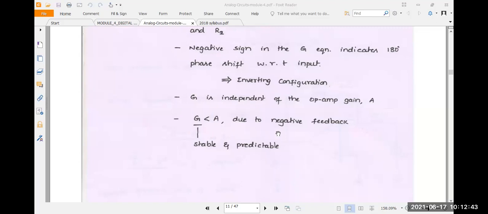That is the one good point in the gain equation. What is the equation here? Minus R2 by R1, right, for the inverting amplifier. So that gives the negative feedback, meaning R2 acts as a negative feedback. I think people have studied in feedback amplifiers that there are two types of feedback here: positive feedback and negative feedback. The positive feedback is for the oscillator, and negative feedback for what here? Amplifier. So here R2 acts as a negative feedback for the op amp.